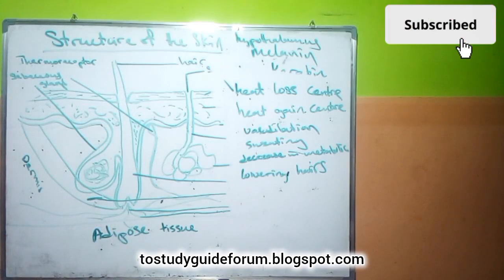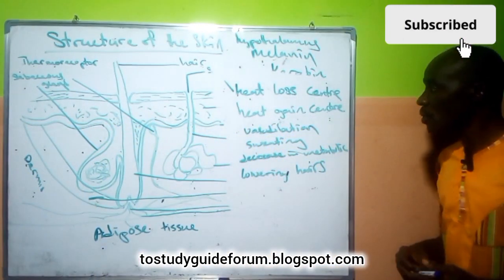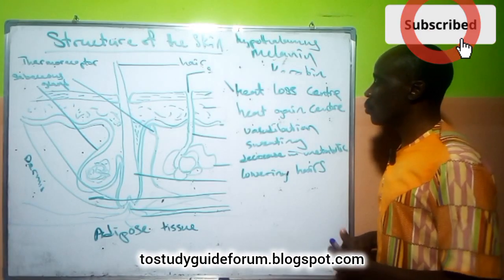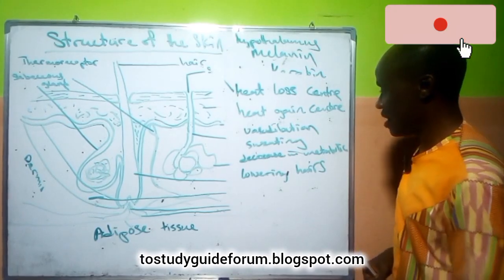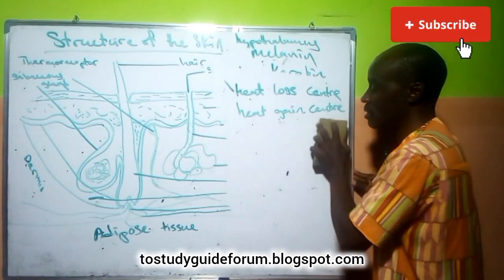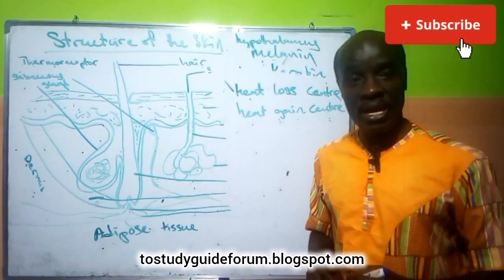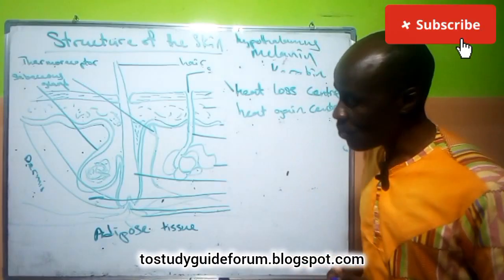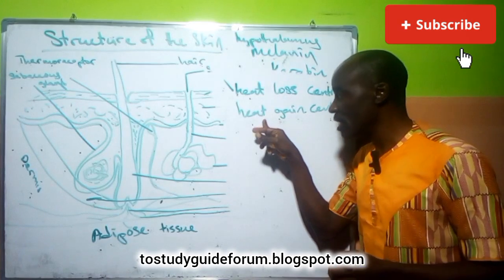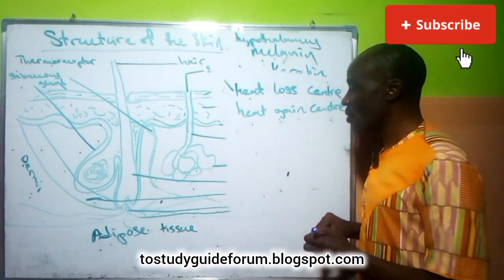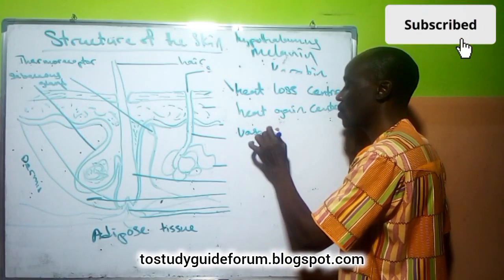So now the case is different when the temperature is low. When the temperature decreases, this is when the heat gain center will be stimulated. The reverse will be the case in this one. When the external environmental condition is low, what we notice here is that the hypothalamus will stimulate that part, that is the heat gain center. What then will happen is vasoconstriction